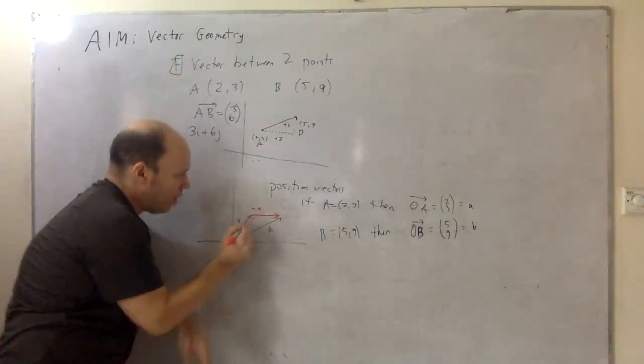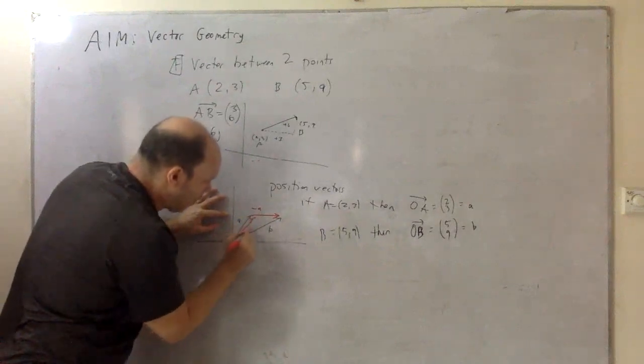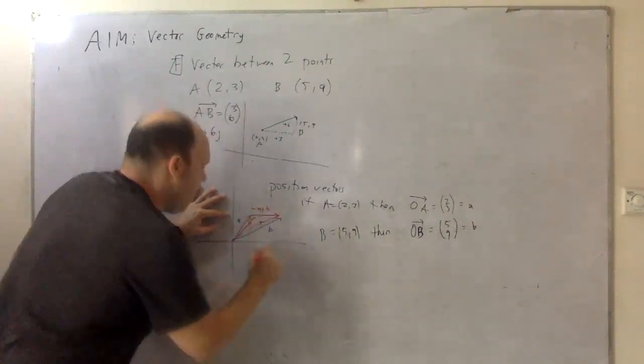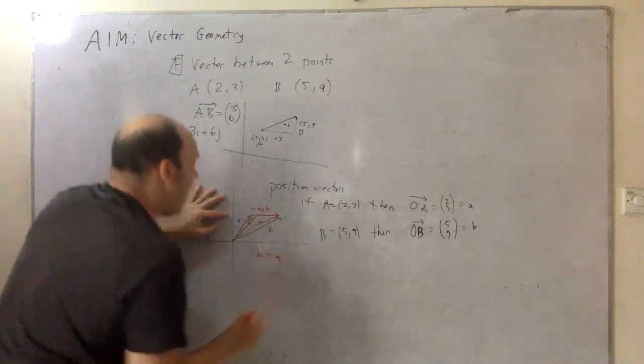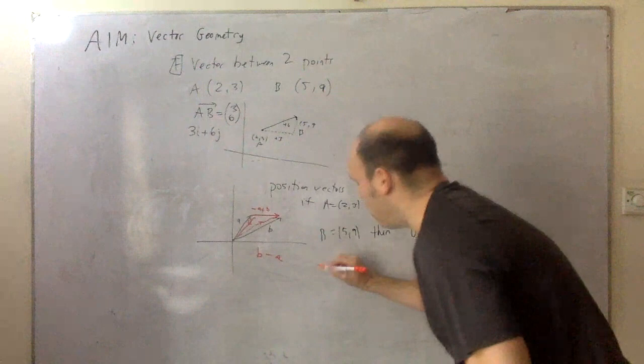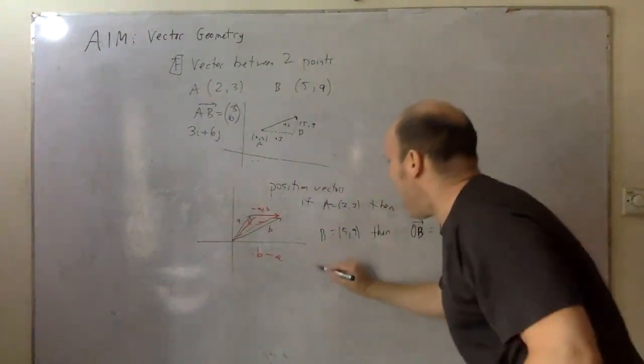Because we have to go back here, and then we have to go here. And so that's B plus negative A, or B minus A, right? So AB